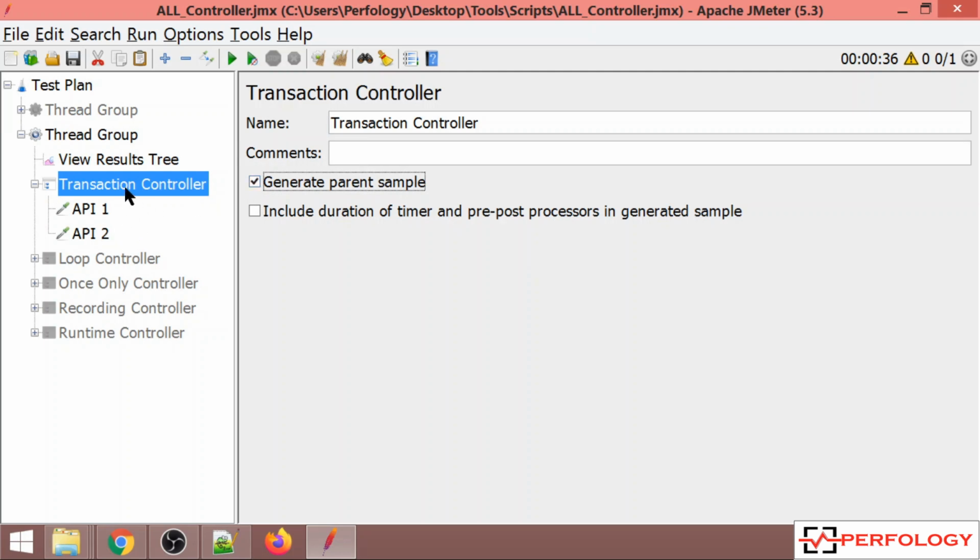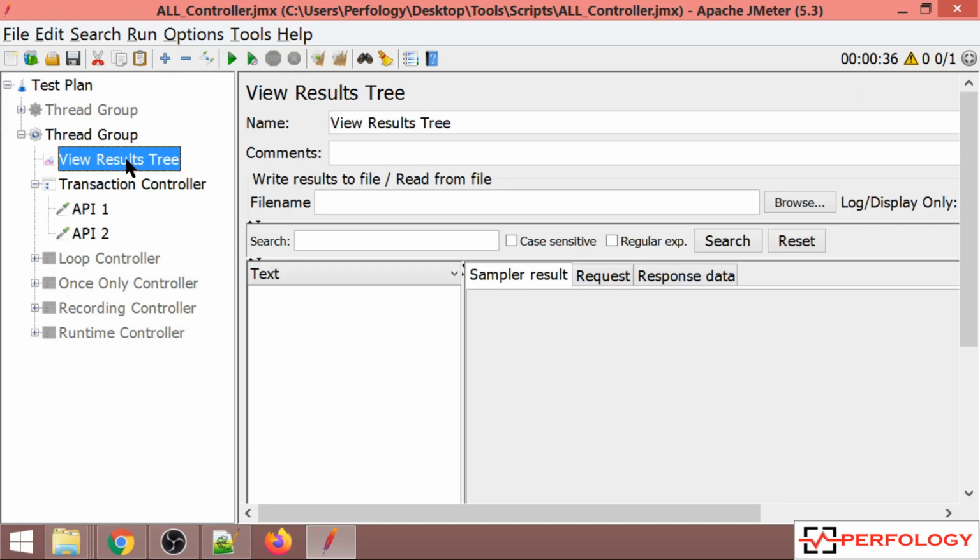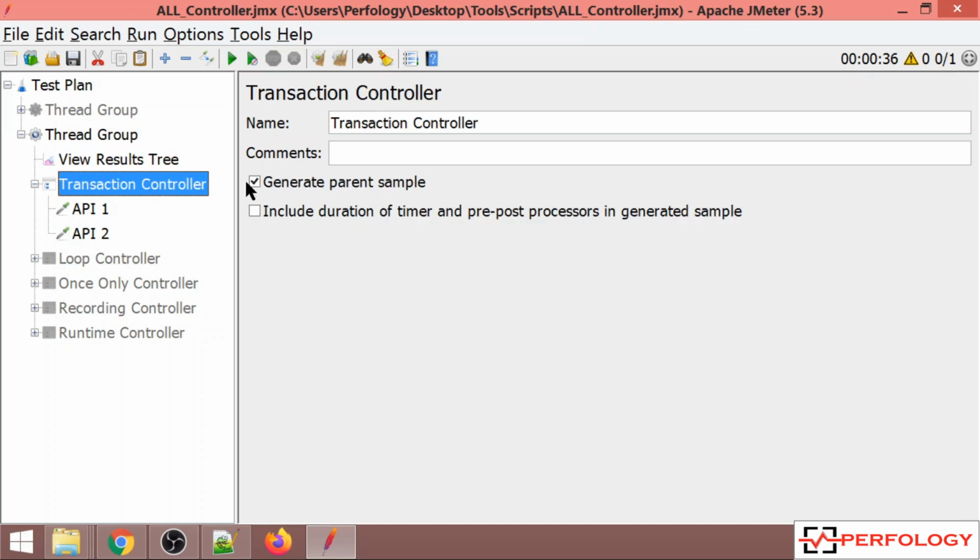So let me run this thread group to show you both the cases. So now I have ticked this generate parent sample, which means I should get a combined response time.